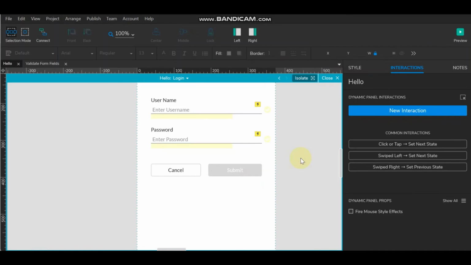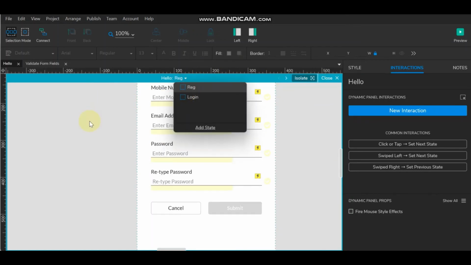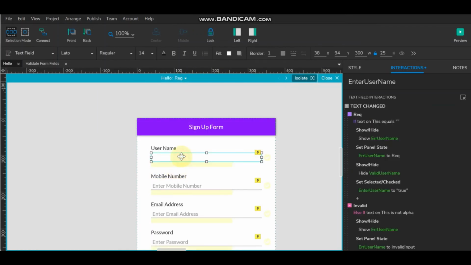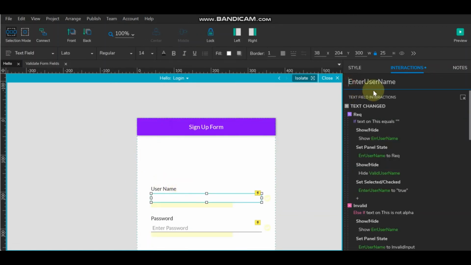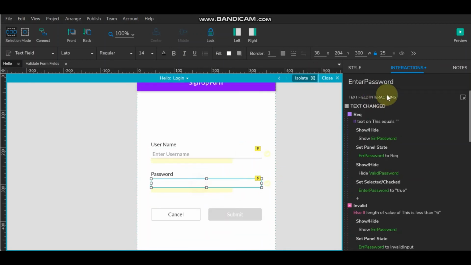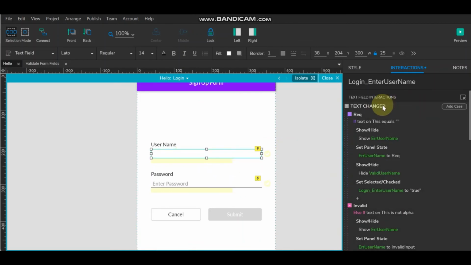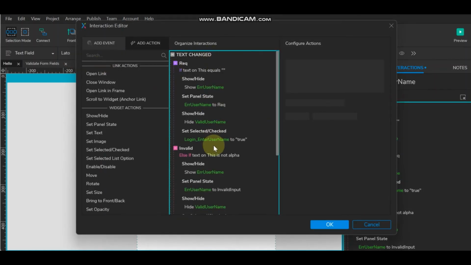Okay, so for that we need to go to this required field, and here this username, enter username, this text field name. In login, we can say login, just we will add login, enter username, and here we'll add login, enter password. So the remaining scenario will be the same. So here we are just going to change the required is fine, and then